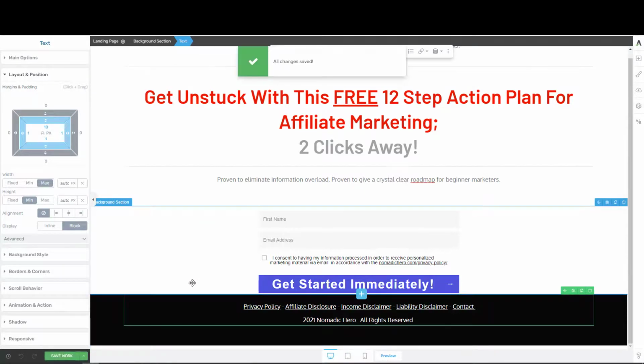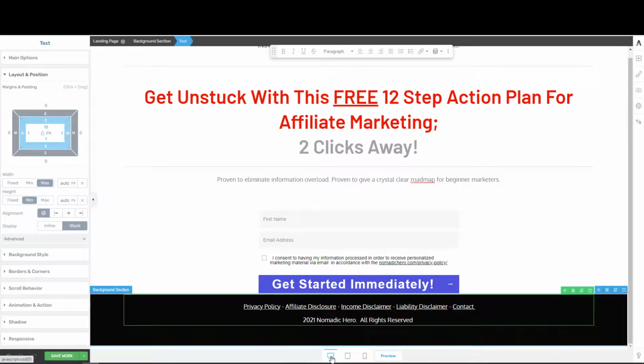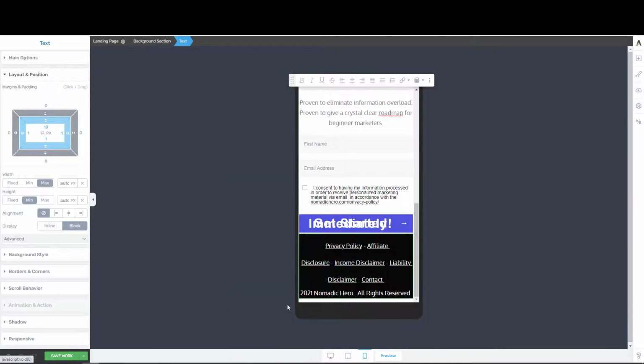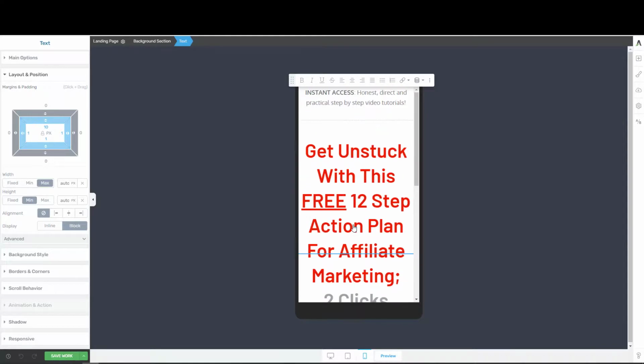Now the only thing that remains to be said here is be aware that you should be checking this to make sure that it looks the same on all devices. At the moment it's set on desktop. If you want to have a look at it on iPad or some sort of tablet, this is the way it will look. And most importantly, make sure that you have a look at it on mobile. Now you can actually change some of the spacing and so forth to make sure that the mobile presentation is